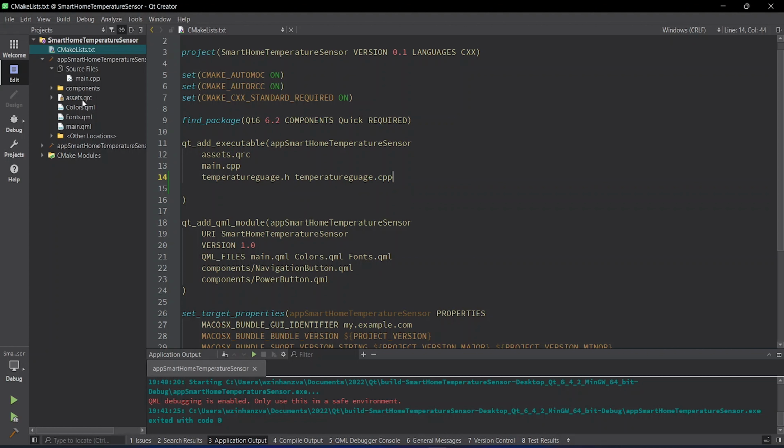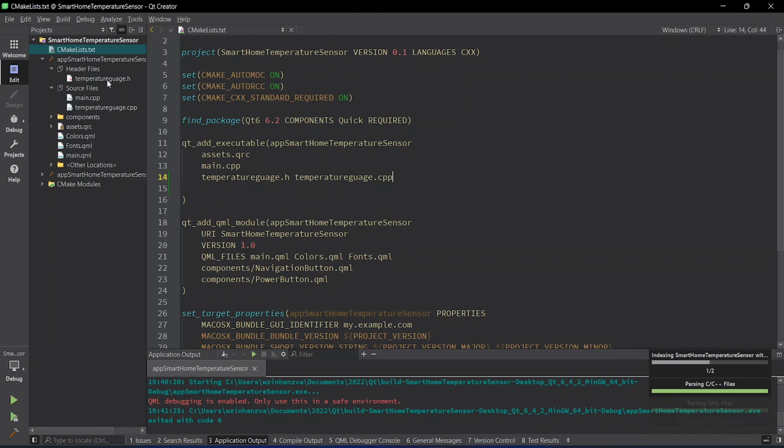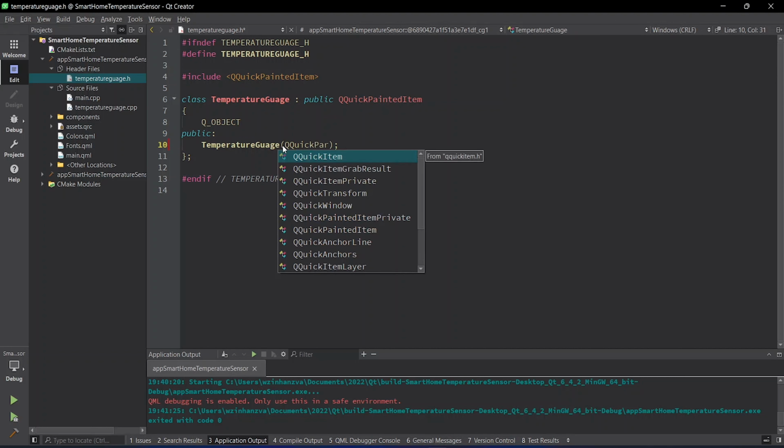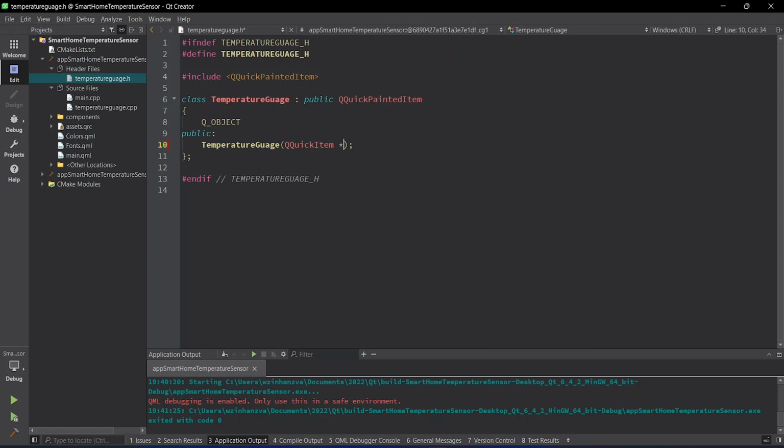Alright, save and wait for them to appear here. So now we have our temperature gauge class. So we can add a parent here, QQuickItem parent